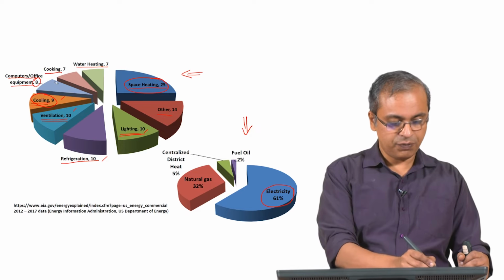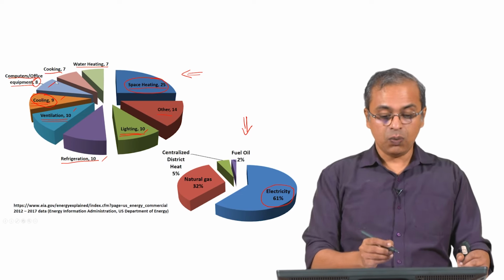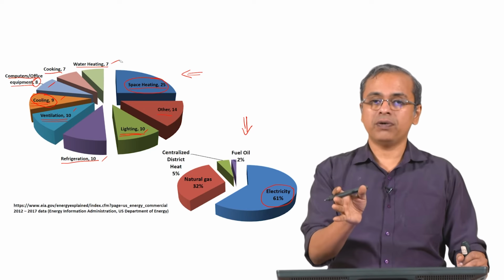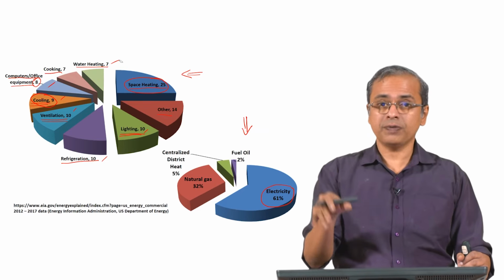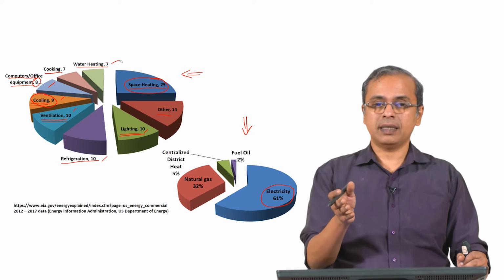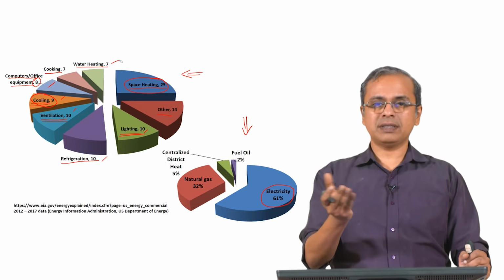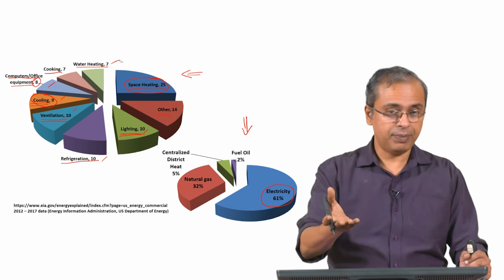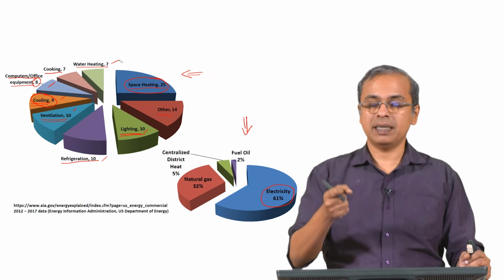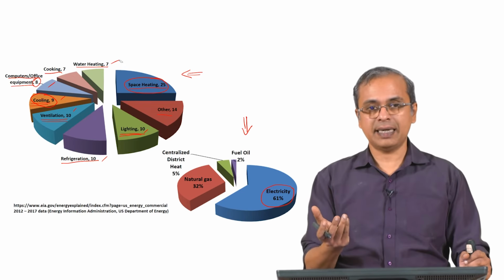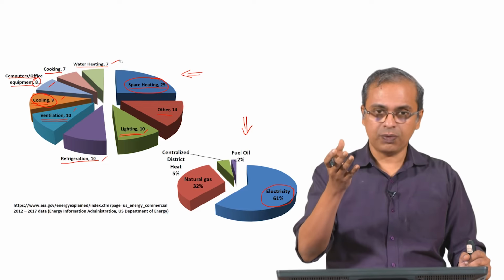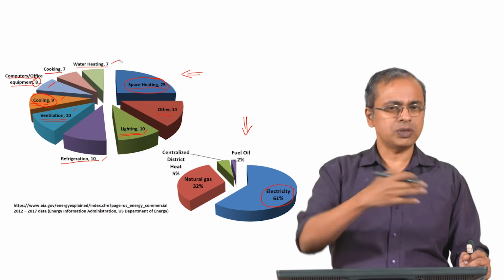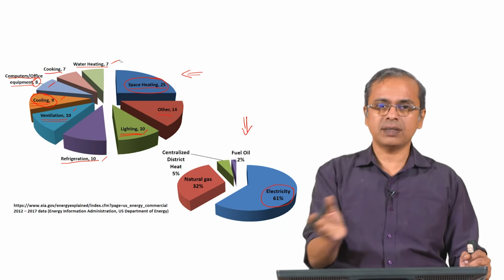If you look at computers and office equipment, that uses electricity. Water heating is often using electricity. Cooking also, based on what kind of stove you have, can often use electricity. Although the more traditional ones typically use gas, some amount of electricity is used there also. People have microwave ovens, which are electricity based. They make coffee with electric coffee machines. Mixers, blenders, grinders, all those things use electricity, right. So, a wide range of things are using electricity.